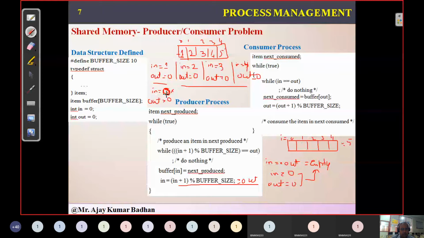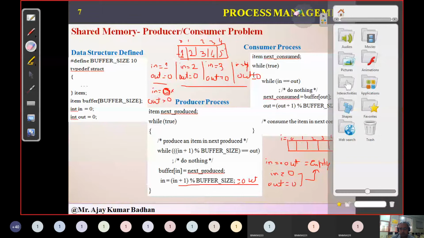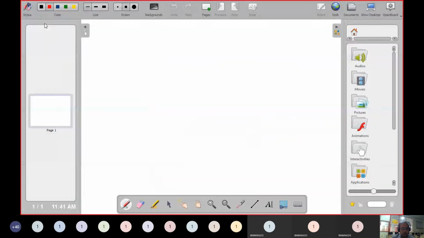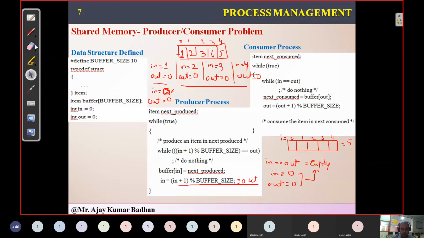What is the value of in we initially had here? I actually wrote 0 here, but it's not 0 right now. It will become 0 later. So here the value of in is equal to 5. It did not become 0. It will become 0 when the condition is checked. So right now out is equal to 0.